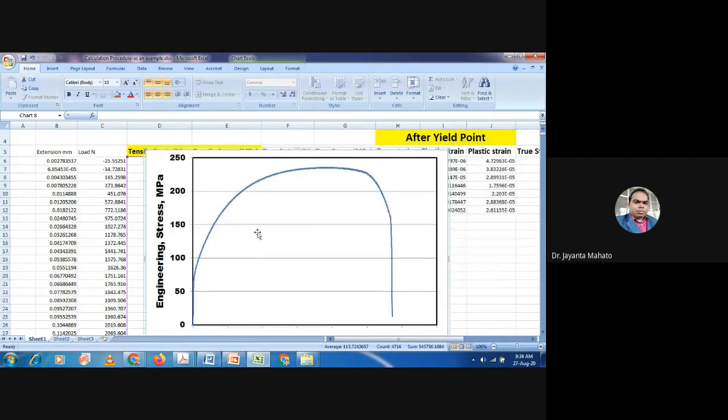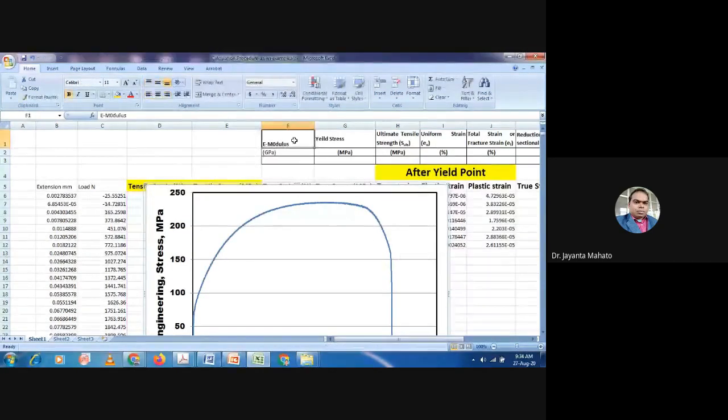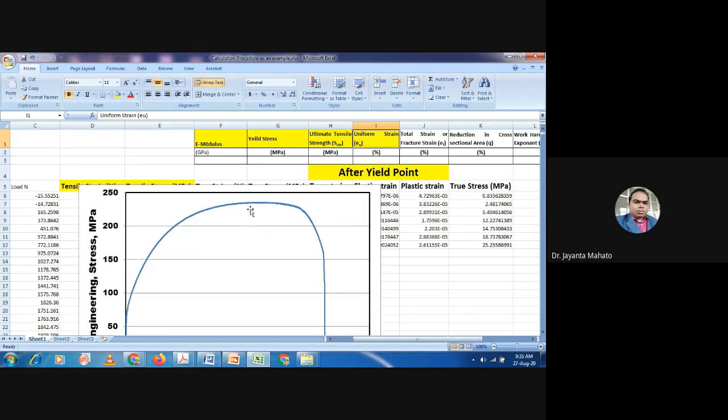From this engineering stress-strain curve you have to calculate E modulus, yield stress, ultimate tensile stress, and uniform strain. Uniform strain means the deformation up to necking.